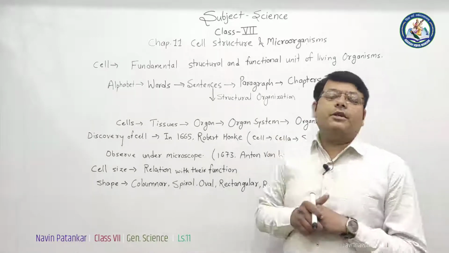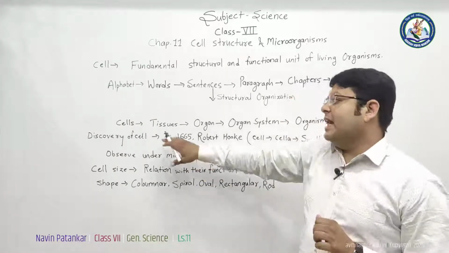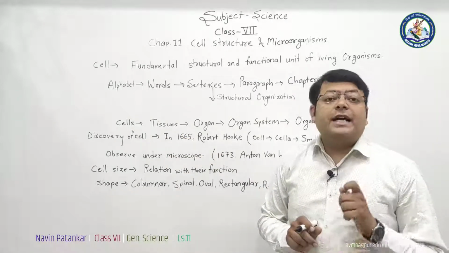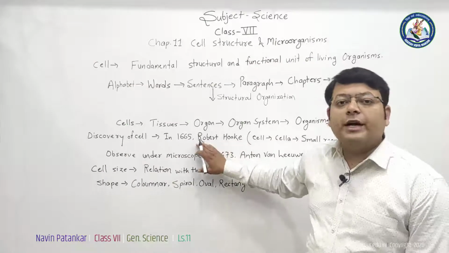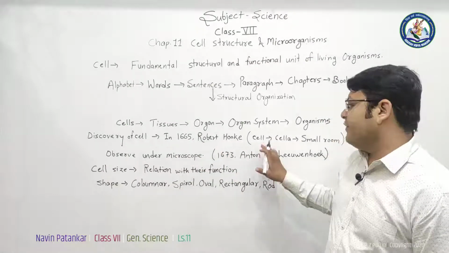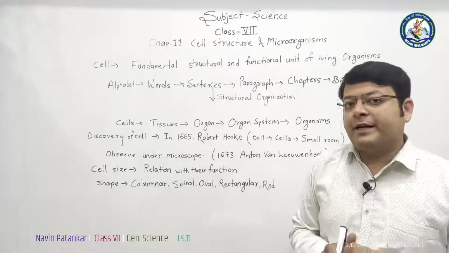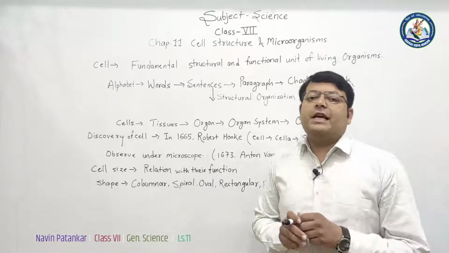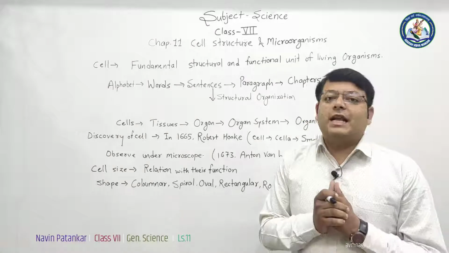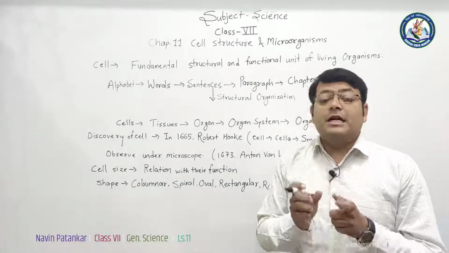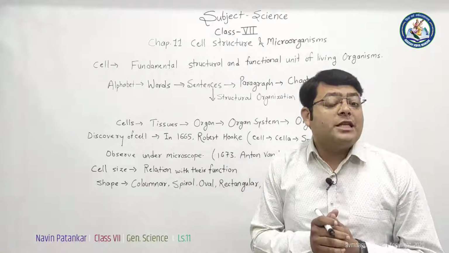If we talk about the cell, it was discovered by the scientist Robert Hooke, in 1665, with an onion peel or cork material. If we observe the cell under the microscope, because the cell is not seen by the naked